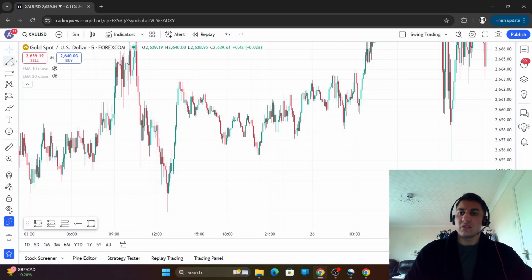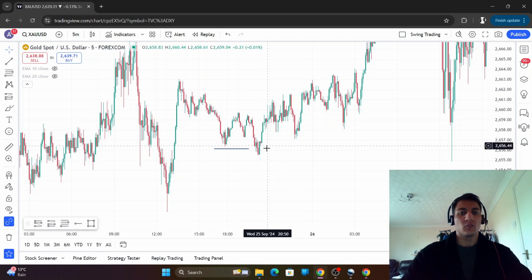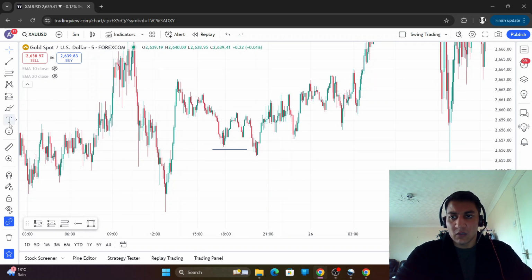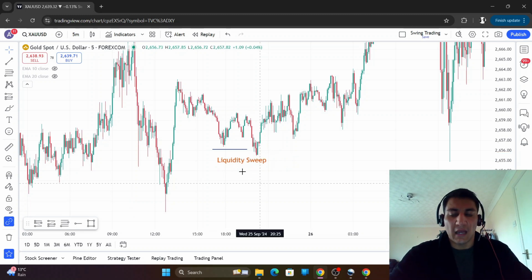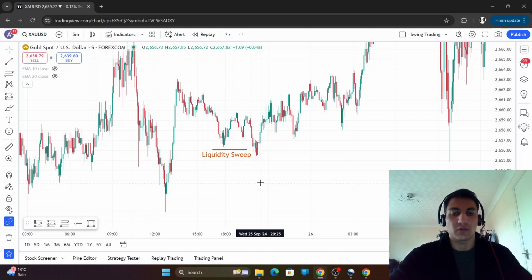So what you first want to see with Asia is a liquidity sweep, right? And make sure you write this down, because the highest probability trading will always have a liquidity sweep. That's the highest probability. You want a liquidity sweep, and then you want displacement, which means a big move in your direction, and then you want to enter on any sort of retracement. So the first thing we look for is a liquidity sweep, right? Let me just write this down. Liquidity sweep, right? And this is a liquidity sweep because it's opposite our bias, and we've quickly shot off.